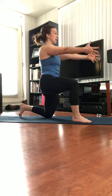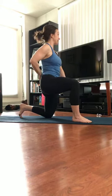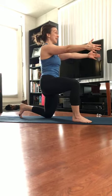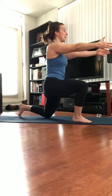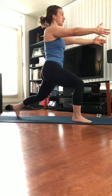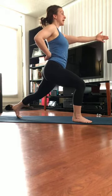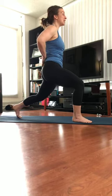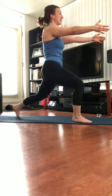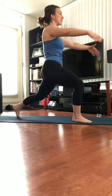Then I want to take my arms out in front of me. Now I want to actively press down through my right foot as I scoop that left butt cheek underneath me. Now using the support of that left butt cheek, I'm going to push myself up into a higher version of that same lunge. Now, if I lose the tension, I'm going to arch my back. So I want to scoop that butt underneath me. I want to actively turn on that left butt cheek, and I want to hold. I want to really work to push down through that right foot, scoop the butt, and then feel that